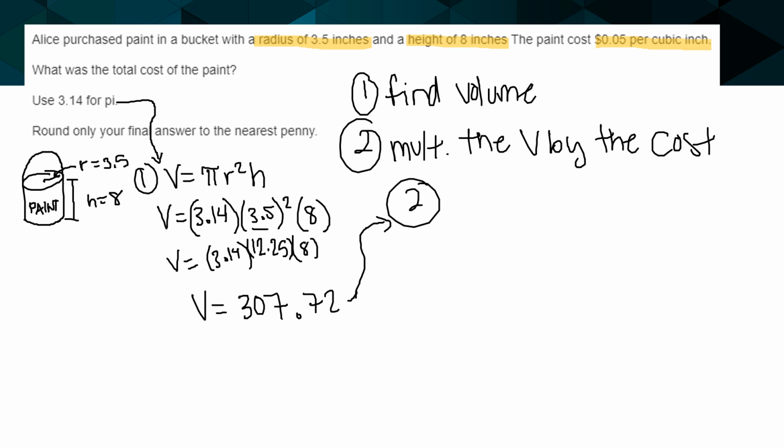So my volume, and remember this is in inches cubed, which is cubic inches, which is exactly what we needed. 307.72 times 0.05, or 5 cents, gives us a total of